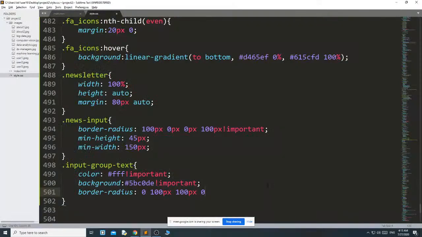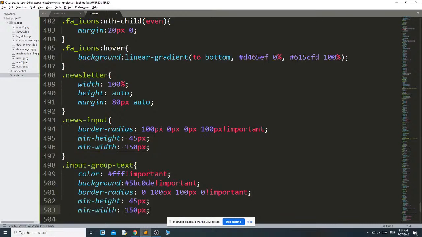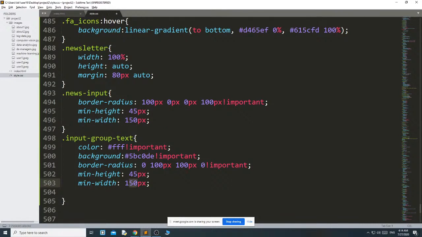Important. Then min width and min height. Min height you must keep the same. Min width I don't want 150, I need it a little bit smaller, that's why I just use 130.